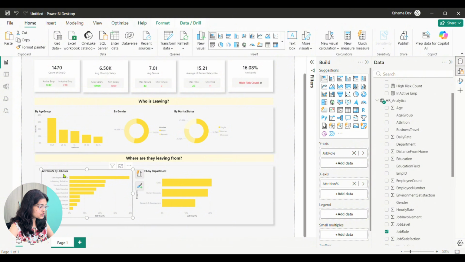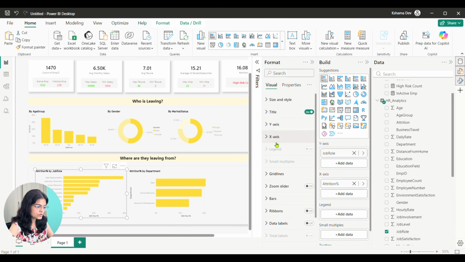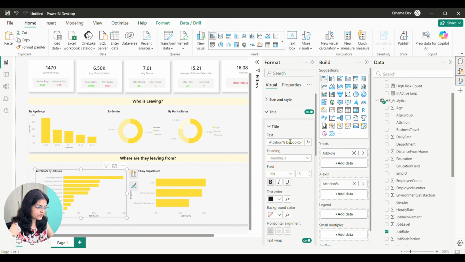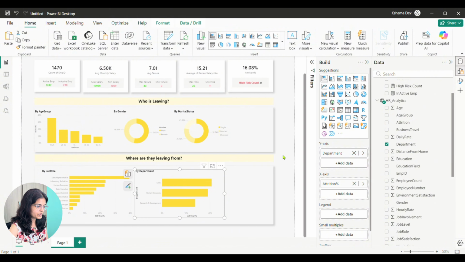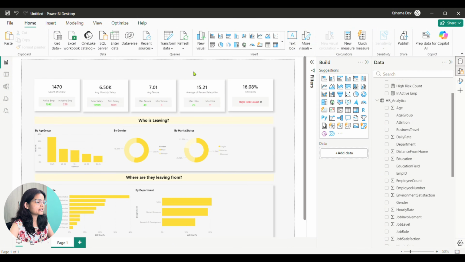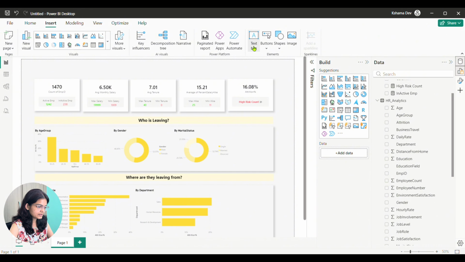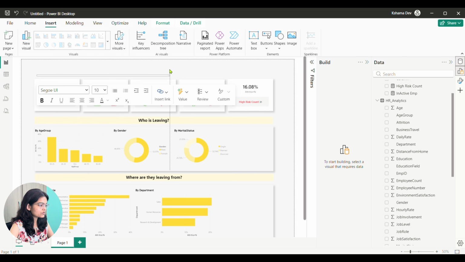Okay, let's change the title of this chart. So for that, I will just go and write by job role. Here also, by department, right? Now let's add the title of the dashboard as well. So go to insert, text box, and write,